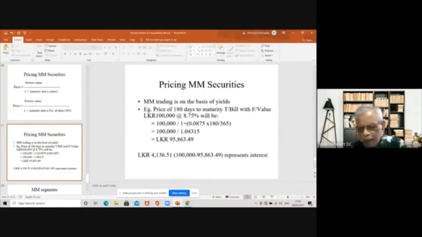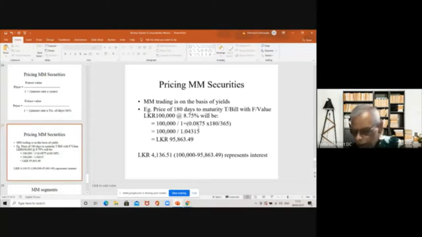when you are using a calculator, the easiest thing is to first take the rate of interest. Why did you put 0.0875 here? Because it's a percentage, 8.75%. Percent is per 100. So 8.75 divided by 100 is 0.0875. So you take 0.0875 to the calculator, and multiply by 180 days, divide by 365. You get an answer 0.0431,